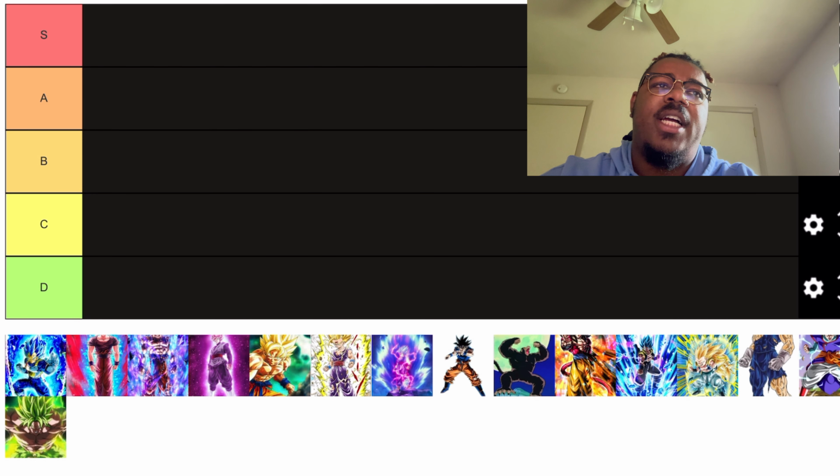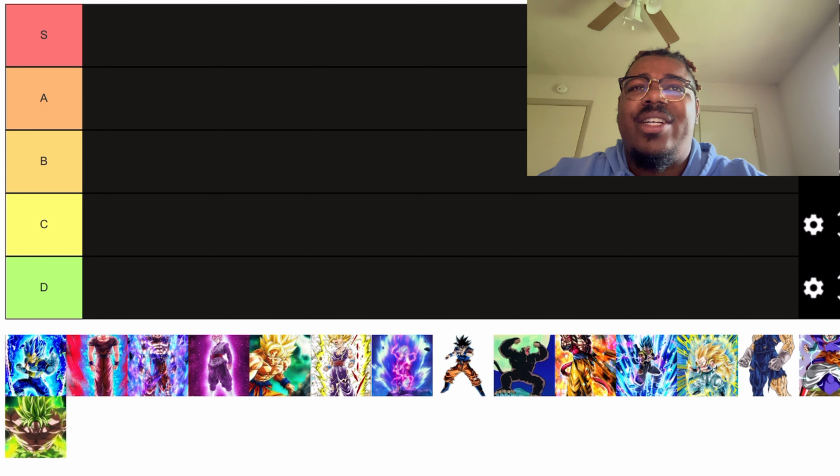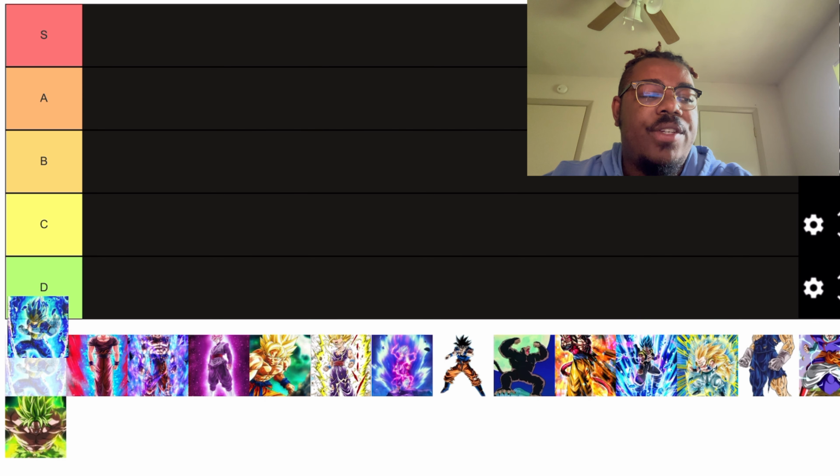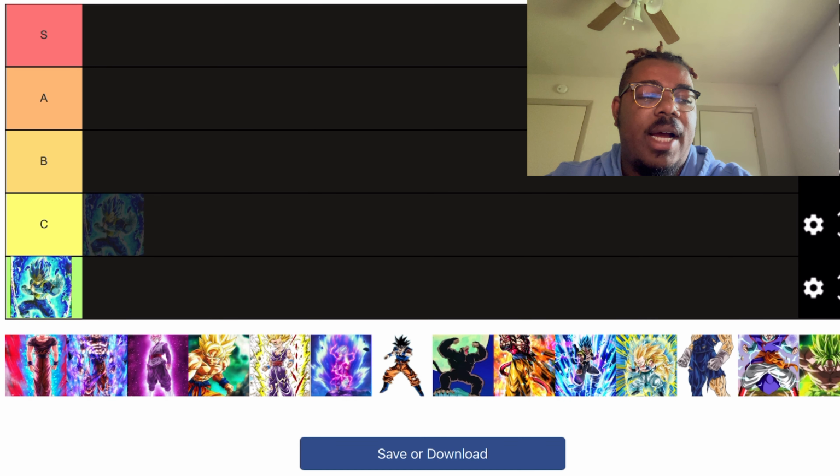Vegeta used this form against Toppo, I believe, and so as far as feats go, this defeated a God of Destruction candidate, backup candidate obviously, because they wanted Jiren. But, you know, he did use this. He also used it against Jiren, and even though Vegeta did lose in this form,